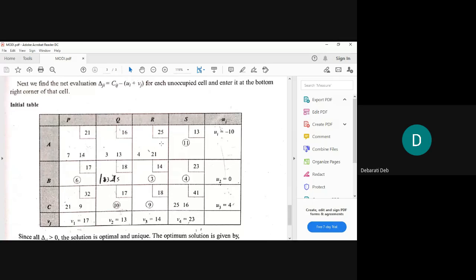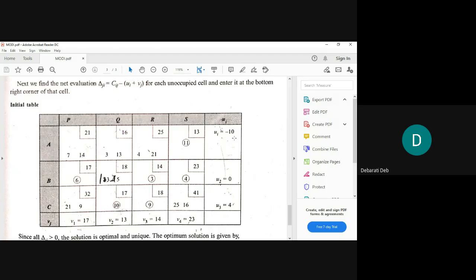And this 21, how is it coming? We are deducting this 4 from 25. That is how it is coming, 21. Okay. Then this will be written as it is. It was 11 allocated in this cell. So we will write 11 only in this cell and put a circle. We will not change anything here. Okay.